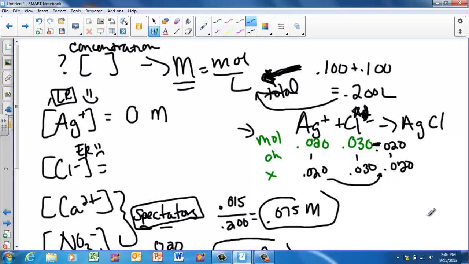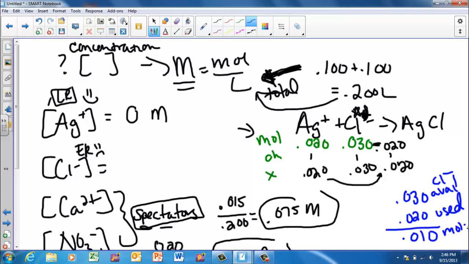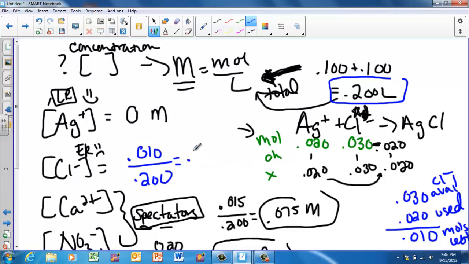Or you could have just known that you had 0.030 moles available and that you used, there's about 4 or 5 different ways to do this, but either way, you should end up with 0.010 moles left. And that's what we use to determine concentration. So we come over here, we have 0.010 divided by 0.200, because remember, that's still our new total volume. So for the chloride ions here, we're going to end up with a final concentration of